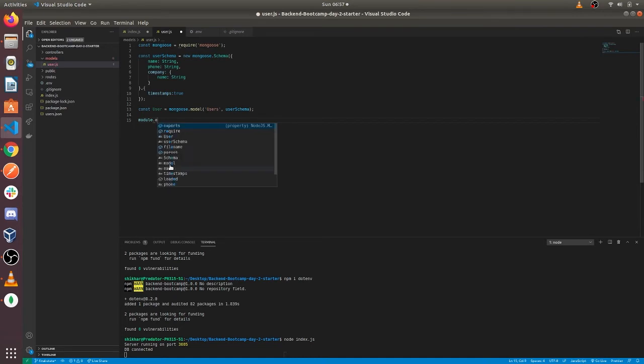Now we'll export the model out of this file so that other files can use it. And we have successfully created our model.